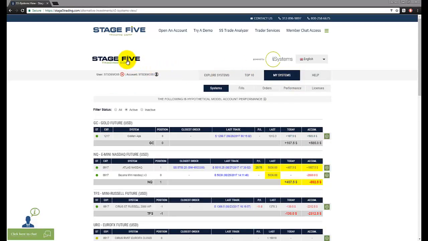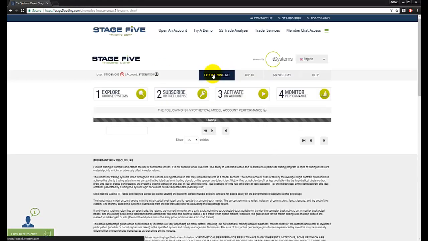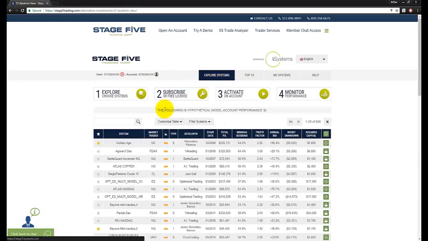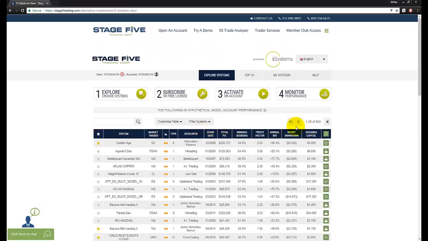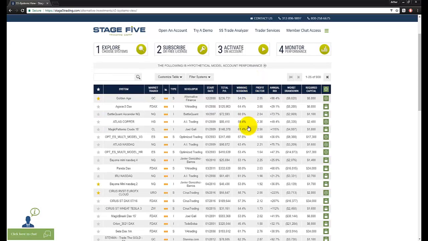Once you are successfully logged in, the next step is to view what systems and statistics you have available to you. To do this, go to the Explore Systems tab here. Once you get here, you will find a page of 25 iSystems with a total of about 900 pages. As you can see, there are many systems you have available. What we need to do next is to begin to filter through them and find a system that suits your